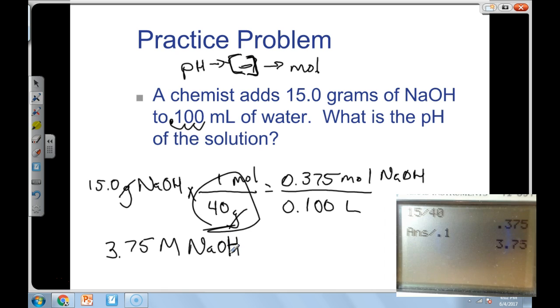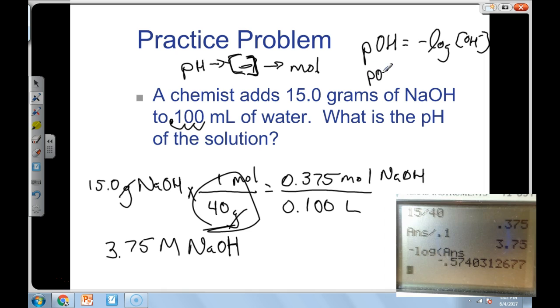So when we do that, now this becomes a problem like we just did. Okay, because all we need to do is calculate the pOH from that. So the pOH, I'm going to do this up here. The pOH equals the negative log of the concentration of hydroxide ion. And so we're going to go negative log of that. And there's that guy. So that means that the pOH equals negative 0.57. And so the pH is 14 minus that, which equals